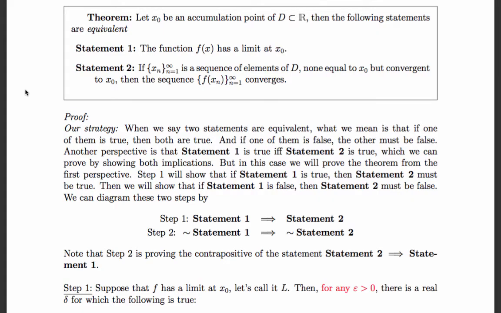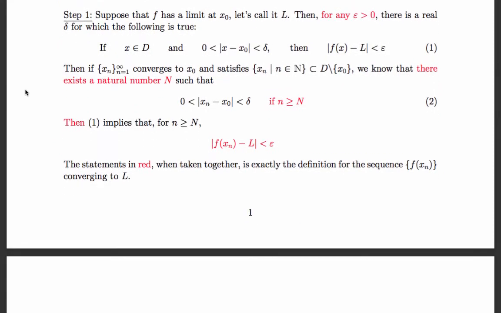Okay, so remember, our strategy is to show statement 1 implies statement 2, and that statement 1 false implies statement 2 must be false. So, suppose f has a limit at x naught. Let's call it L, since we're so creative. Then, for any positive epsilon, there is a real delta for which the following is true. If x is in the domain, and x is within delta of x naught, then f of x is within epsilon of L. Right? So this is true because we're supposing f has a limit at x naught, so this is all that we can take to be true,